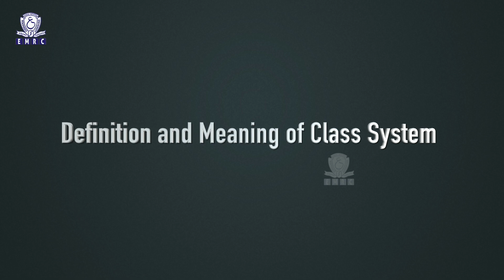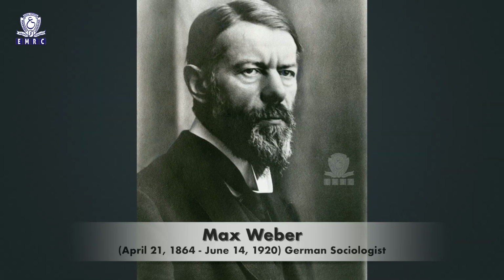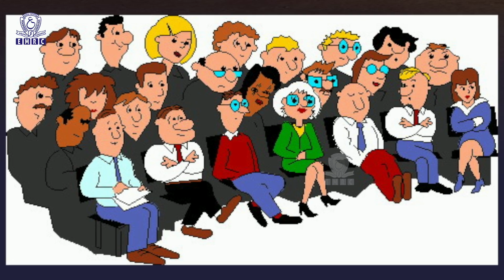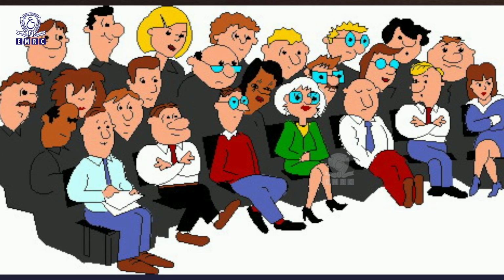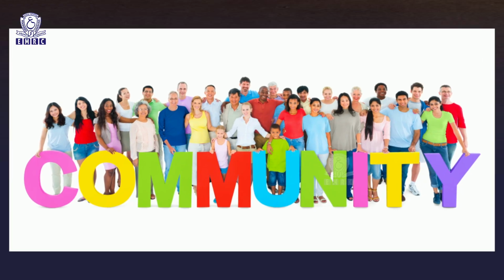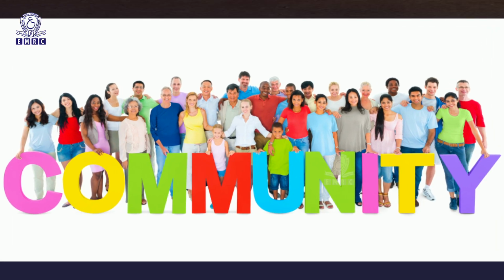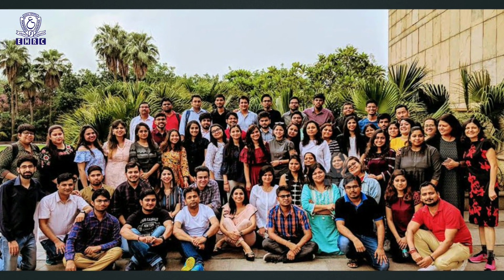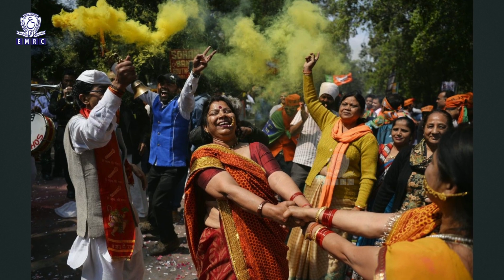Definition and meaning of class system. Class is a status group, in Max Weber's phraseology. A status group is a collection of persons who share a distinctive style of life and a certain consciousness of kind. A social class is a category of people who have similar socio-economic status in relation to other segments of their community or society. A class is conceived of as being a somewhat larger aggregate than a status group, and